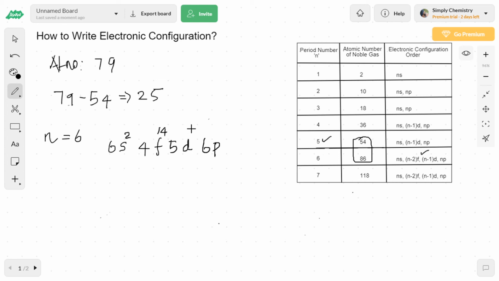So the remaining 9 electrons will go to the d shell. So now the electronic configuration will be, 54 corresponds to xenon, 4f14, 5d9, 6s2.